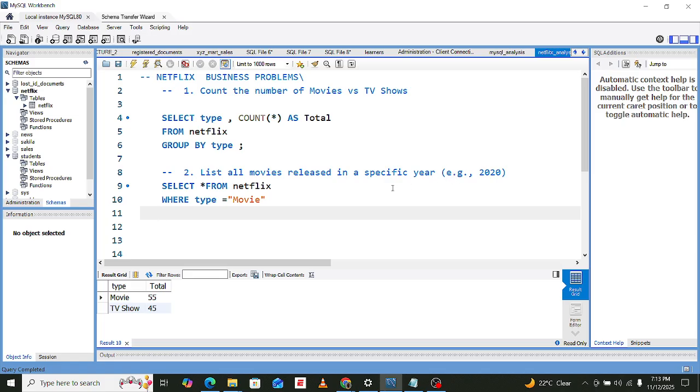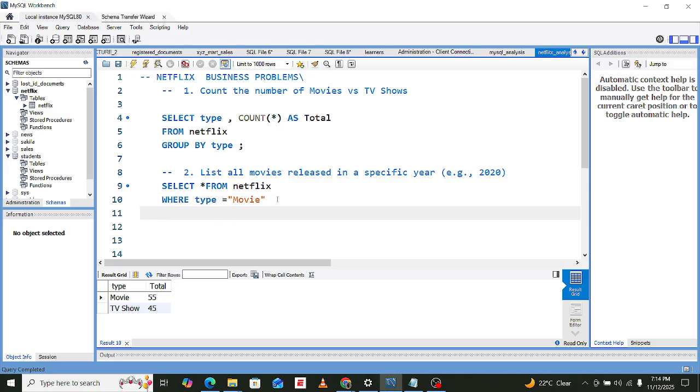If we were to just use this, it is going to filter through our data set to get all the records where we have movies. But in this case, we are asked for a specific year. So we must add the specific year.